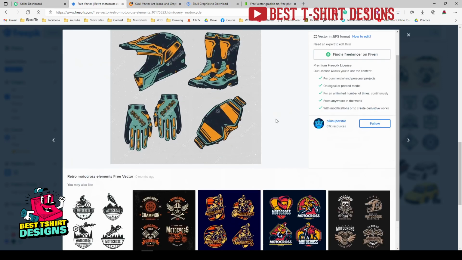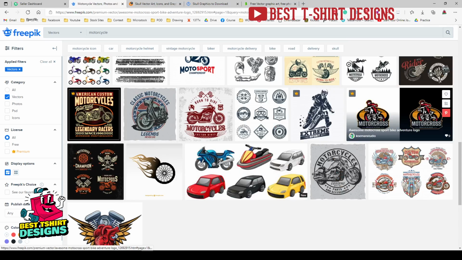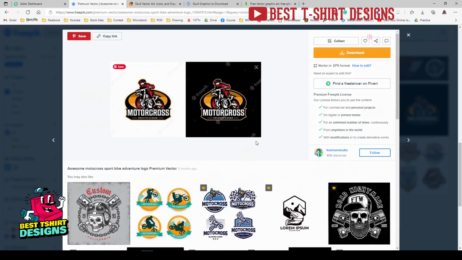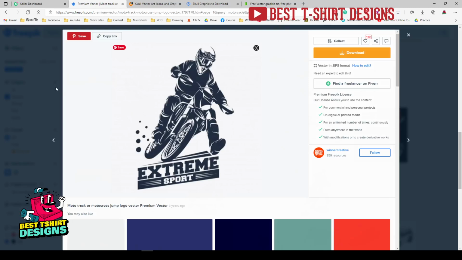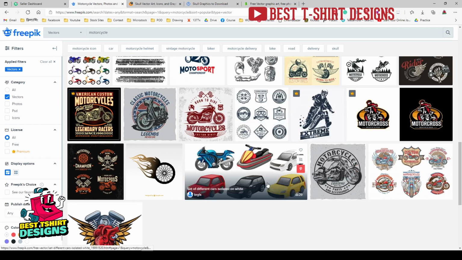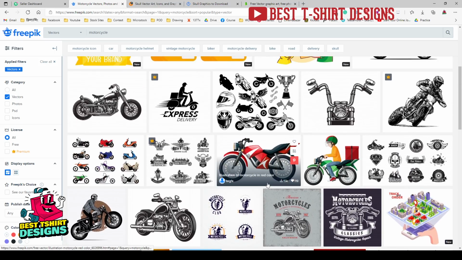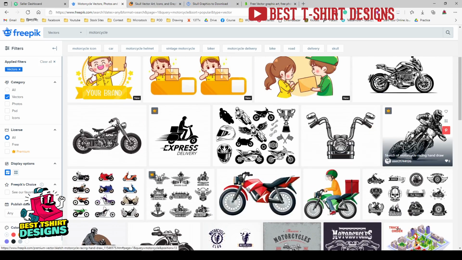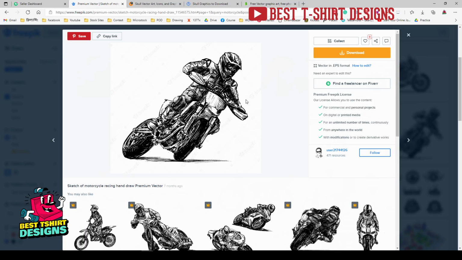But that is why I will need to buy the premium subscription, because you can see I am really liking this graphic of this biker. If I want to take or use this, then I have to buy the subscription because this is premium. So that's the reason you need to buy a premium membership, because most of the time the coolest things, the greatest things, are premium, because the artists who are spending their time to make a detailed graphic like this deserve this premium membership.